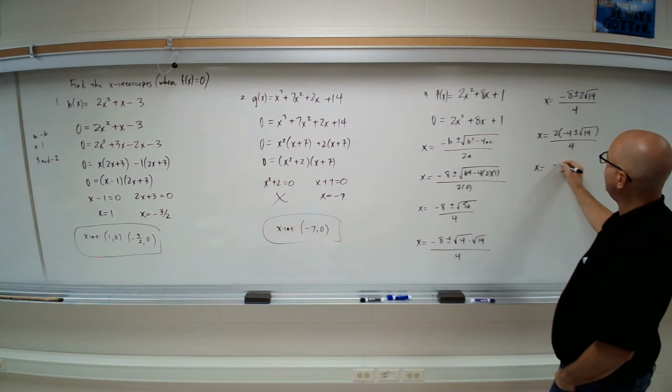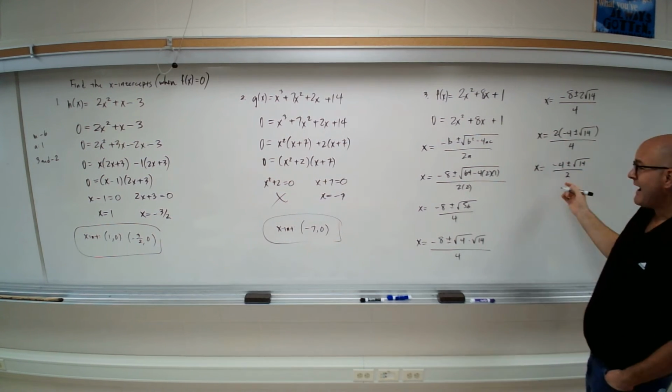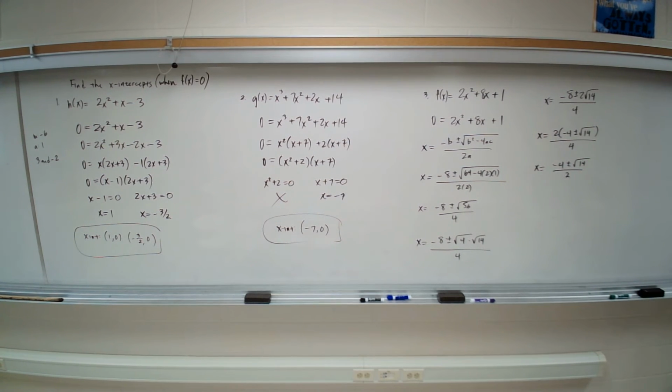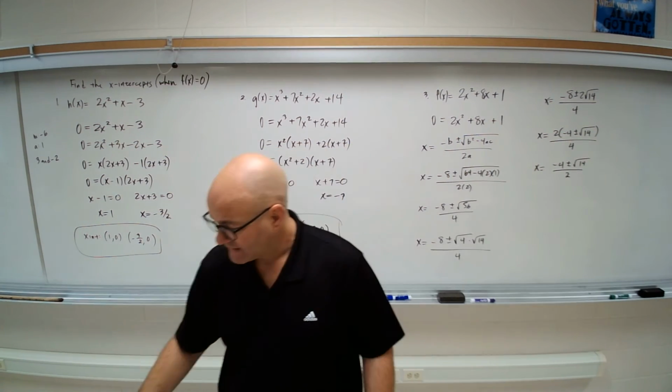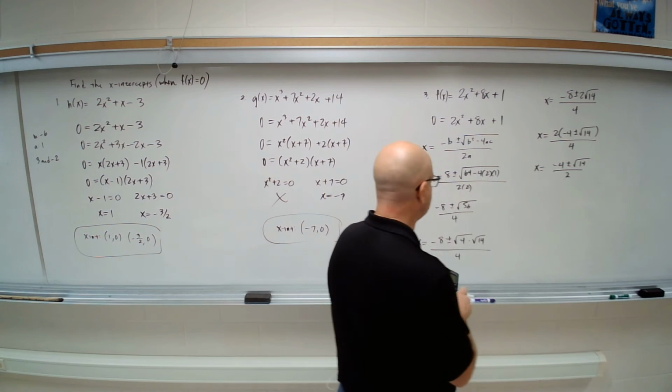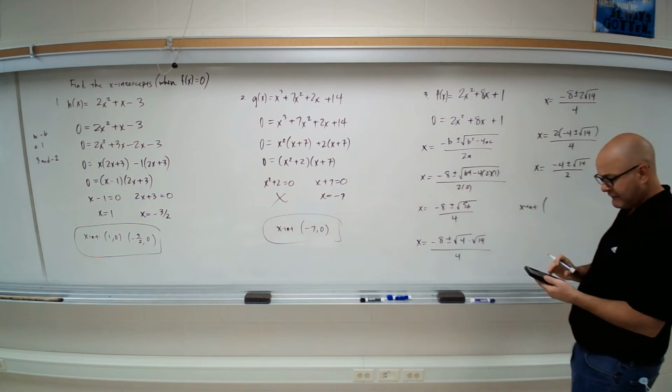And then we get negative 4 plus or minus radical 14 all over 2. So that would be the exact solution, right? Simplified, all that good stuff. But let's see what it would actually be with the actual x-intercepts we would want to draw on the graph